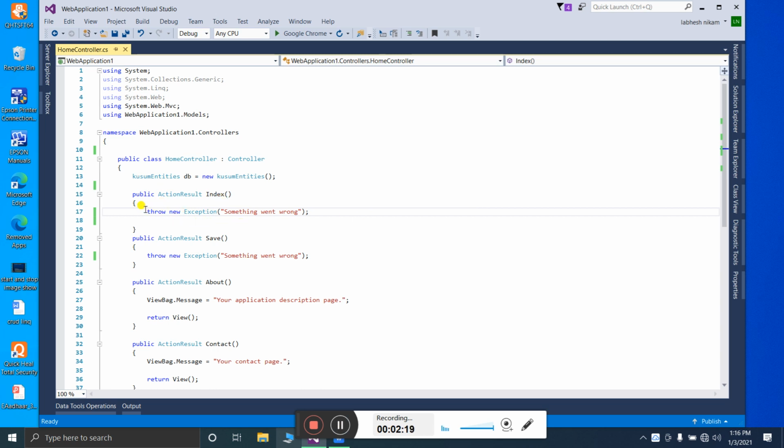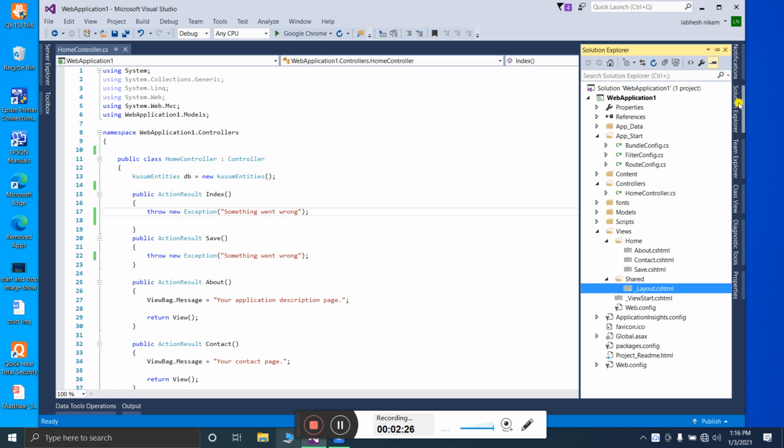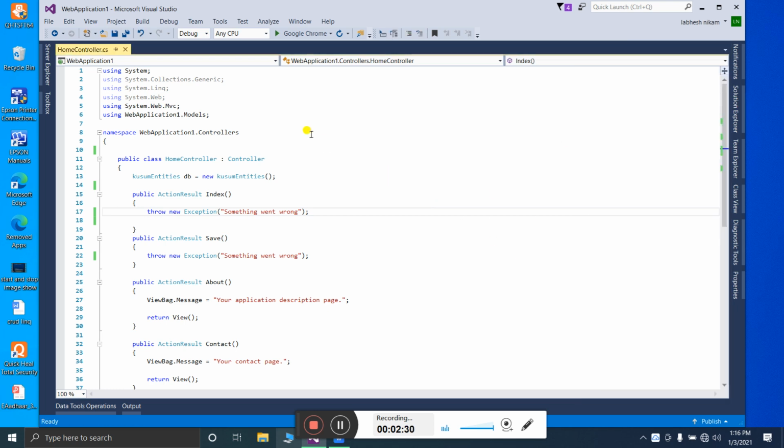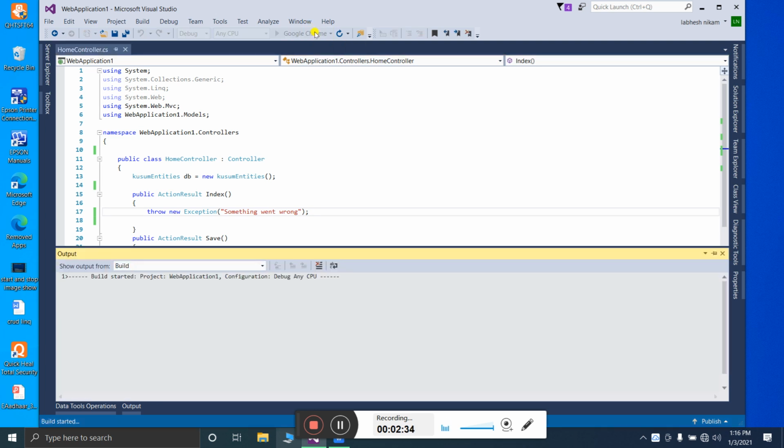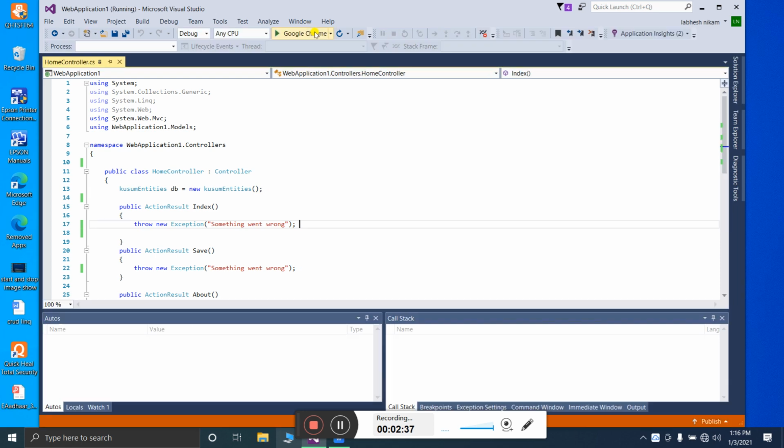Let's run this program and check how the system displays the error.